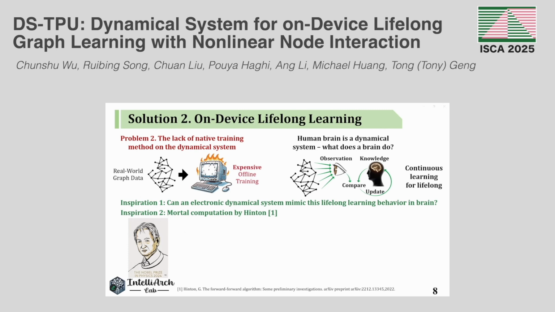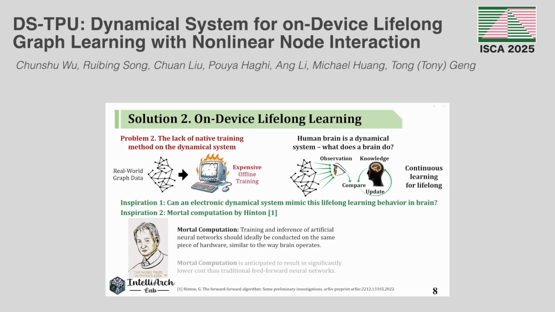Additionally, we are inspired by a concept called mortal computation proposed by Hinton, and we summarize 2 key points from his work. The first point is that training and inference should be on the same device. And second, by doing this, significantly lower cost is expected. So the task becomes updating the resistor-based knowledge with